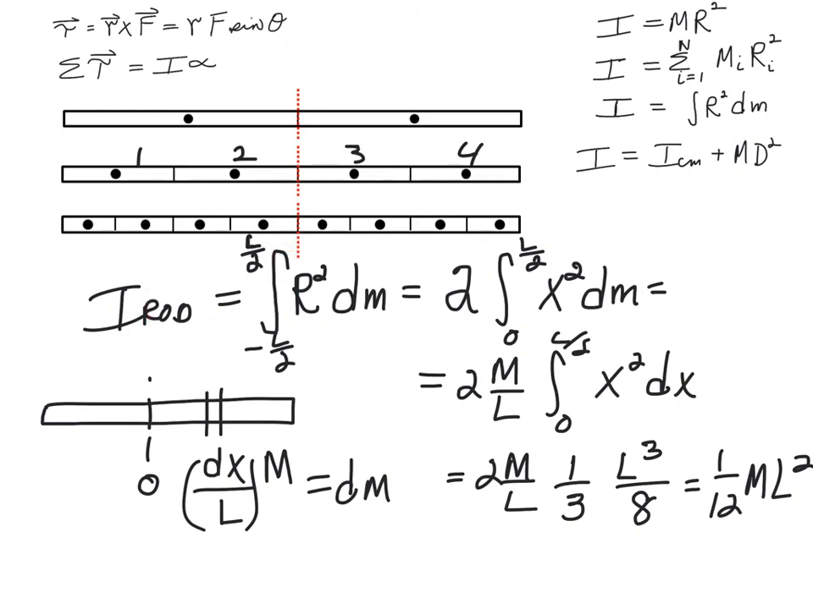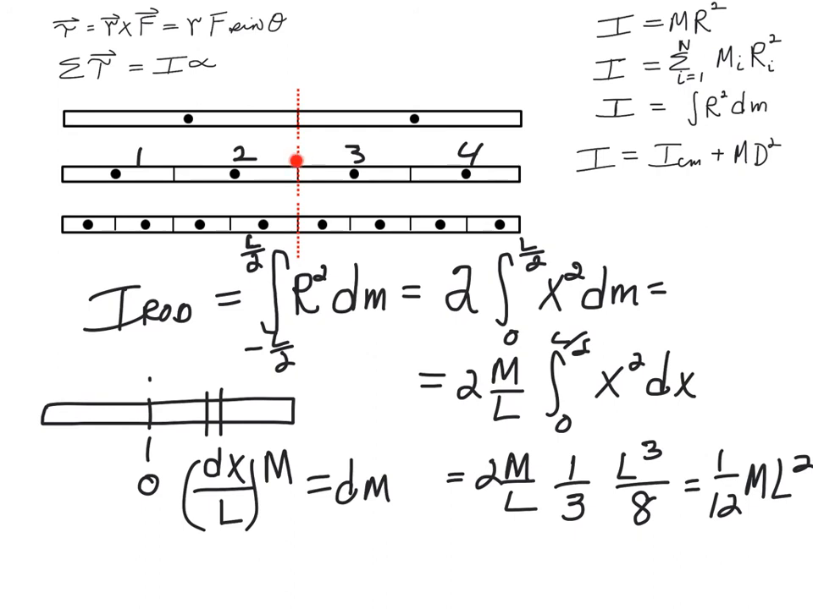is the integral going from negative L over 2. We'll call this x equals 0. And we'll go from negative L over 2. We're going to integrate all the way to L over 2. And we're going to take the position of every dm. So what are we doing? We take a little slice of the rod, and we call that dx,